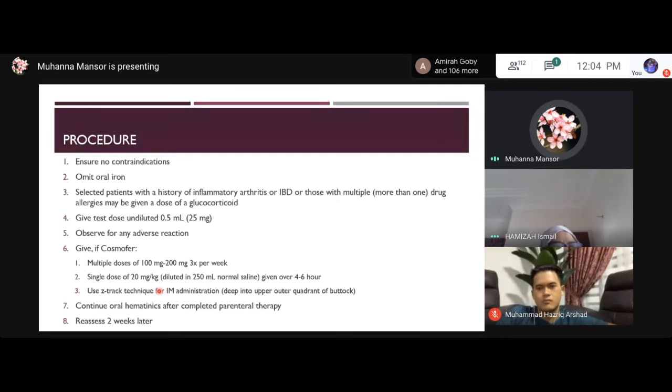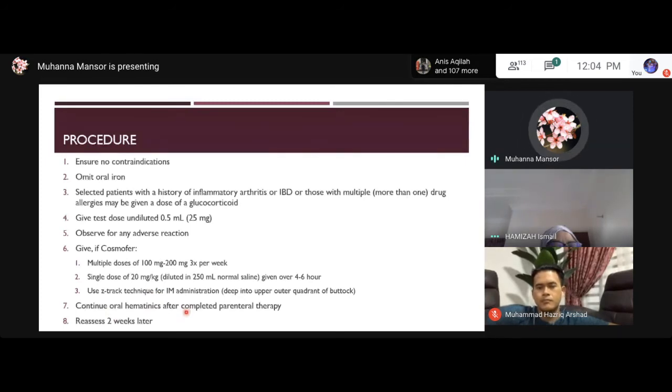We give a Z-strike technique. Basically, it's just a technique where we slightly slide our skin to avoid the iron getting into the subcutaneous tissue, because we aim for the muscles to get the iron. Okay, and then we will continue oral hematinics after we complete the parenteral therapy,